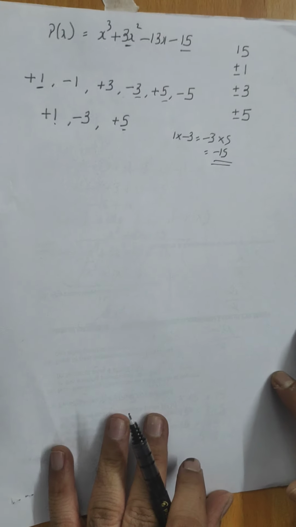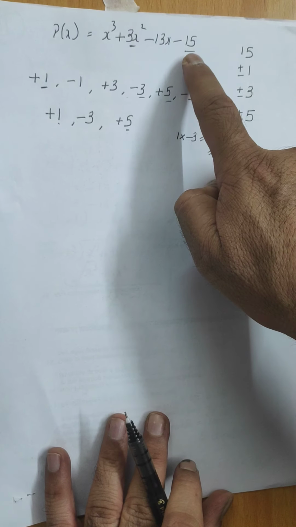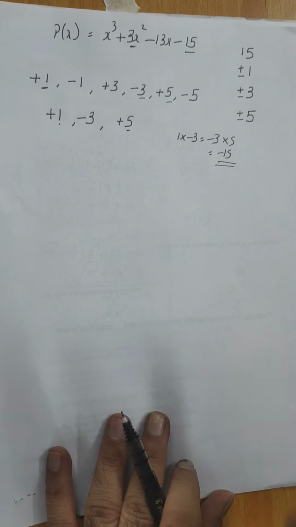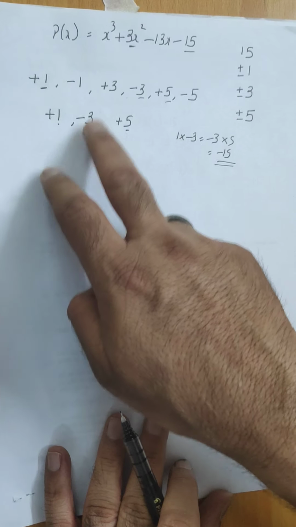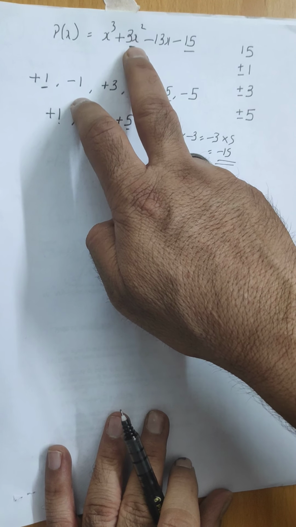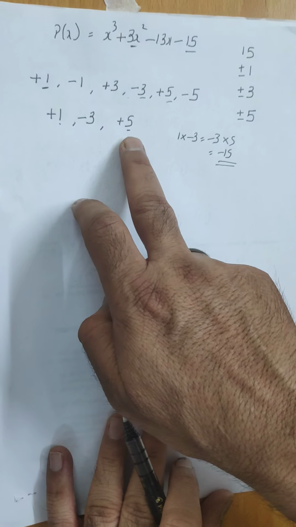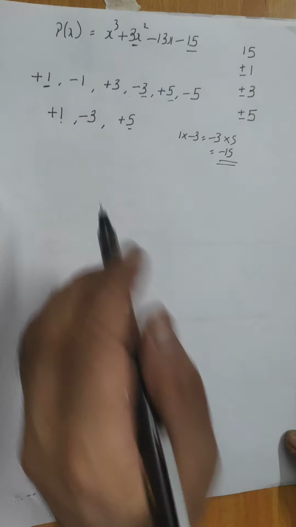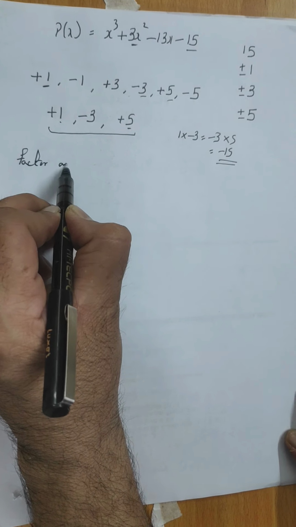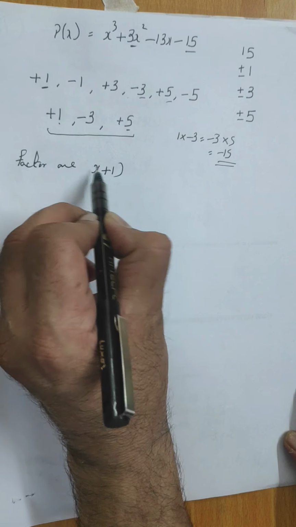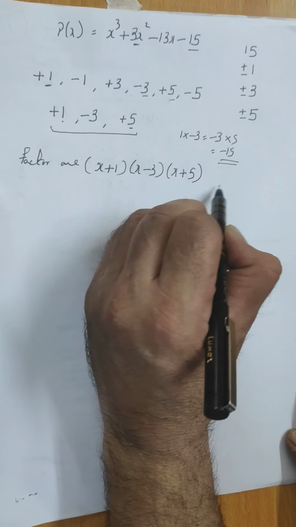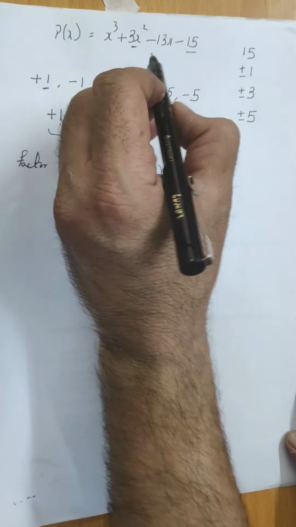समझ में आ गया? एक बार फिर से मैं रिपीट कर रहा हूं, आपने जो 15 है उनके फैक्टर्स लिखने हैं, फिर उसके बाद आपने सेलेक्ट 3 फैक्टर्स जिसको ऐड या सब्ट्रैक्ट करके आई शुड गेट द कोएफिशिएंट ऑफ एक्स स्क्वायर। और वही फैक्टर्स को अगर मल्टीप्लाई करने के बाद आई शुड गेट द कांस्टेंट नंबर, जैसे कि यहां पर मैंने लिया हुआ है। तो इसका मतलब ये 3 फैक्टर्स हैं, बस आपने उनके आगे x लिख देना, यानी कि x + 1, x - 3 and x + 5. So these are the factors of this polynomial.